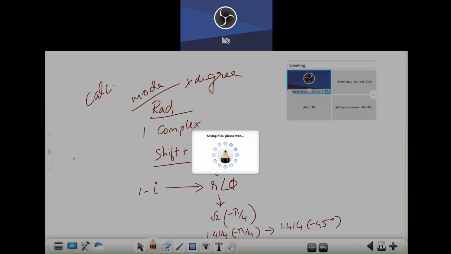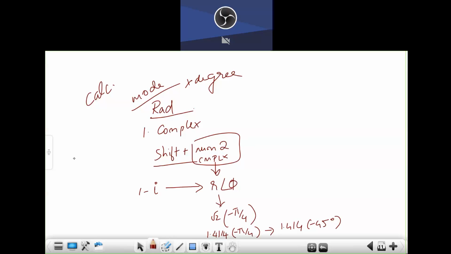Those who have not understood, let me see if I can make a video of all this and show it to you on my own calculator. Or I'll screen record. There's an app in the phone also. Let me see what the name is. It's Calc Modern, CALCMODERN. You can download it from the Play Store for ease of access. But I would suggest you have a scientific calculator with you. The 991 ES model you can download, or above that is also fine. This is the model that I have used.